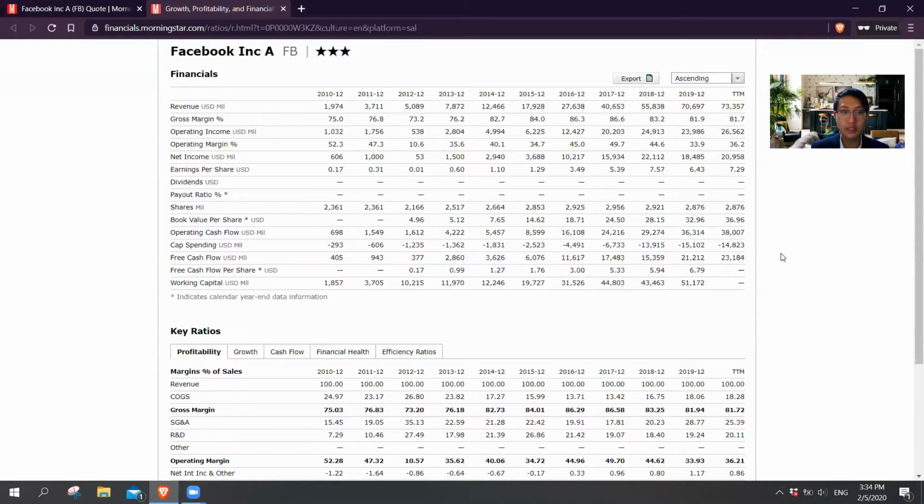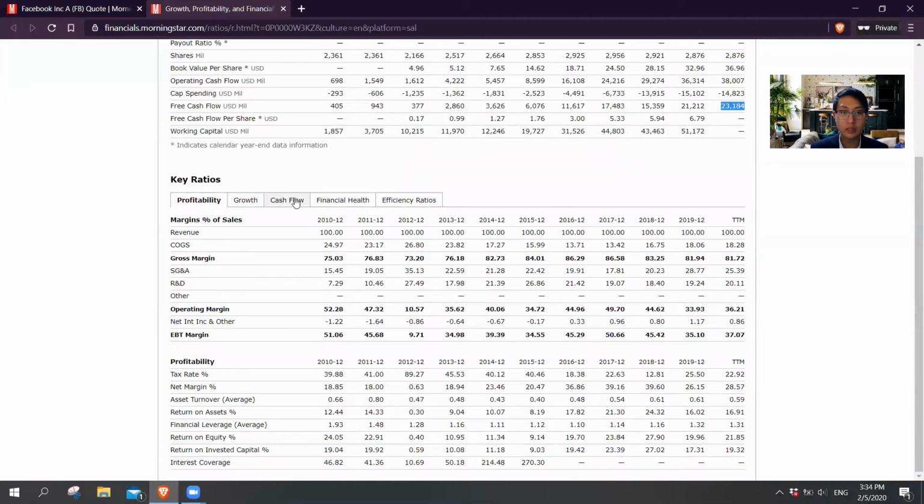Apart from these three, another thing I like to see is free cash flow. Free cash flow is how much money they have now, and currently they have about $23 billion. This means they can tide through a crisis or maybe a few crises because they have so much money on hand that they can survive even without any borrowing of money. So their financial capability is quite strong.